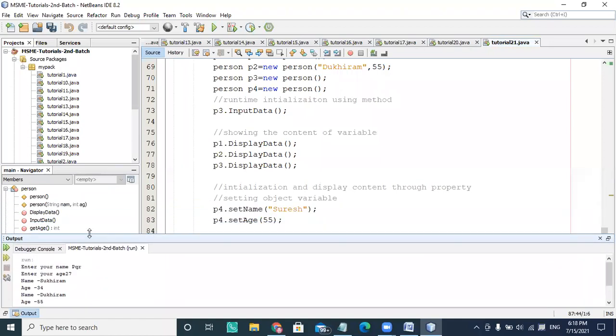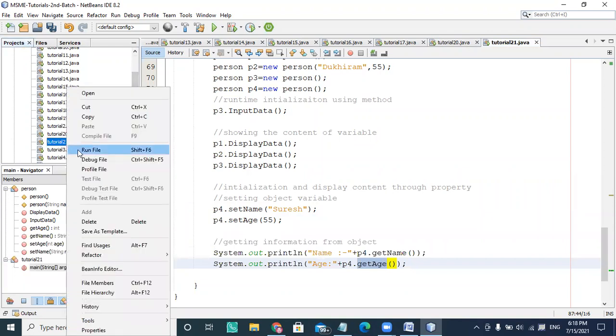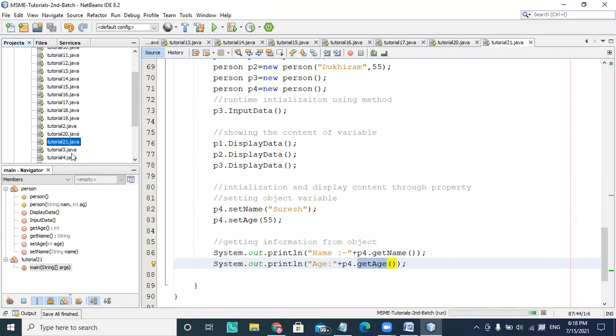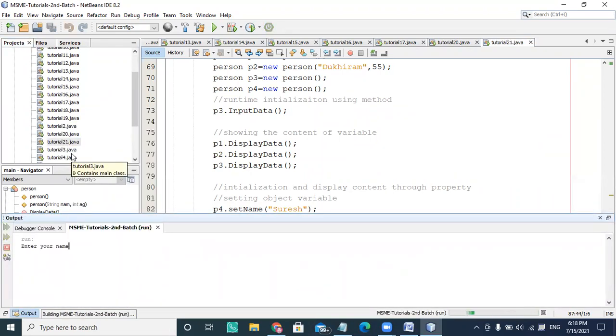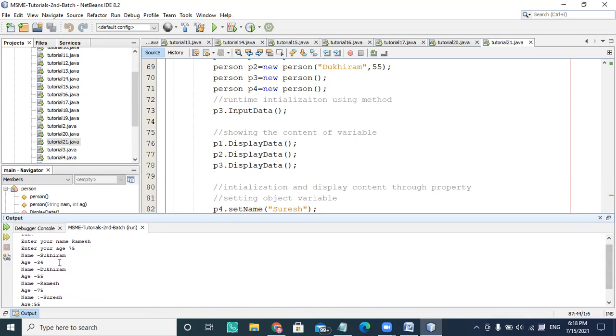So again, the choice is yours whether you want to initialize through a constructor, or take input through some input method. Now I'm giving name as Ramesh here, and age is 75. So look at that, there are n number of objects. If you see, there is Sukhiram, Dukhiram, and Ramesh, and Suresh.